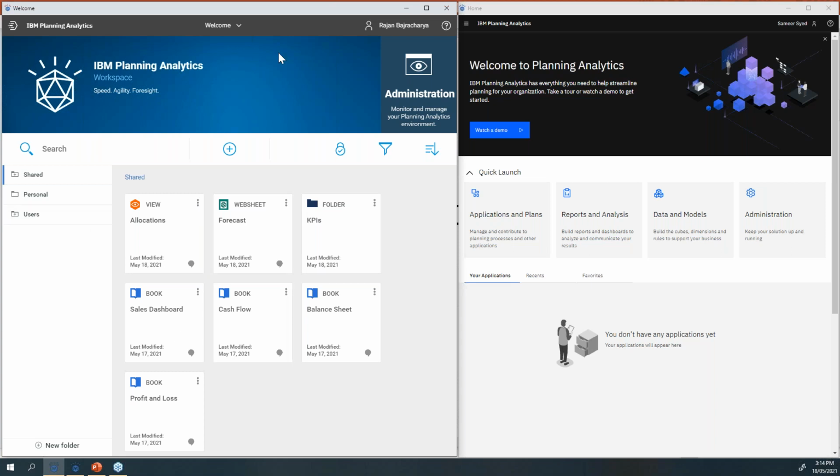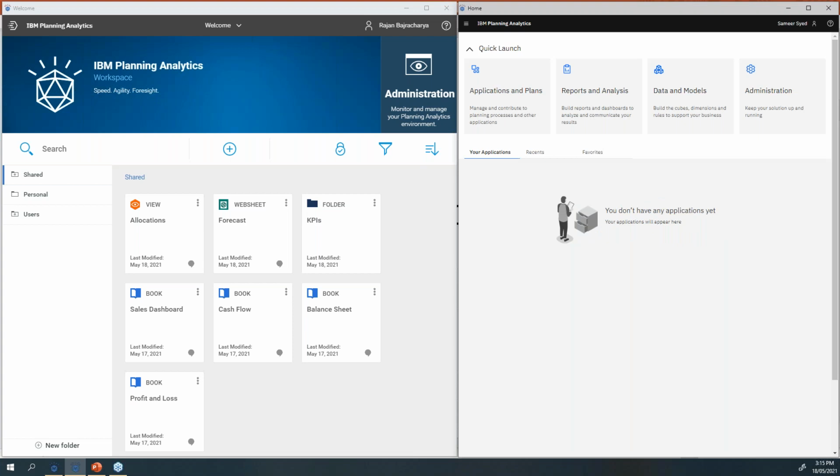You have a banner on the top, an administration page, a search, different types of folders, and then of course all your reports, which could be a view, a websheet or a folder. But on the right side, the latest version of Planning Analytics gives the user full flexibility to customize the landing page. When I say customize, if I don't want to see this, I can close this window.